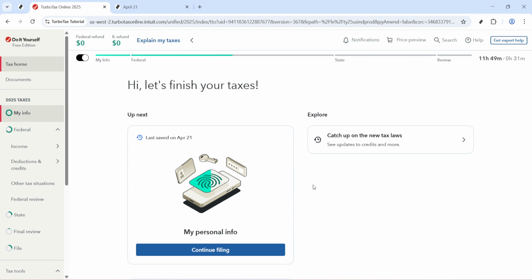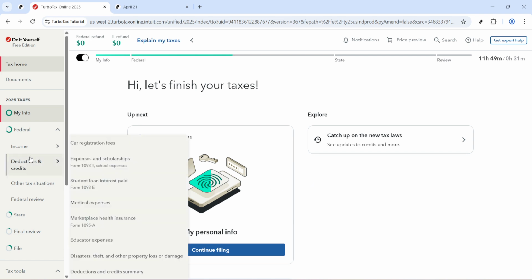Once you're in your return, head to the main navigation and hover over deductions and credits. This takes you to the area where TurboTax gathers information that can lower your tax or apply payments that you've already made. When you see the option for the deductions and credits summary, click it to open the full list